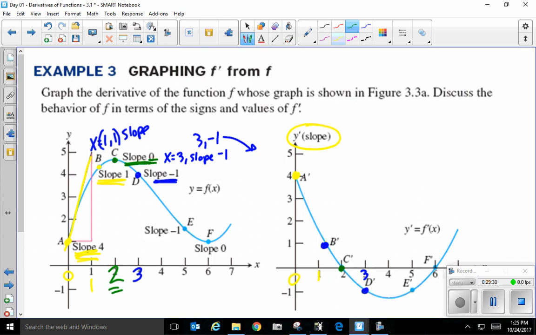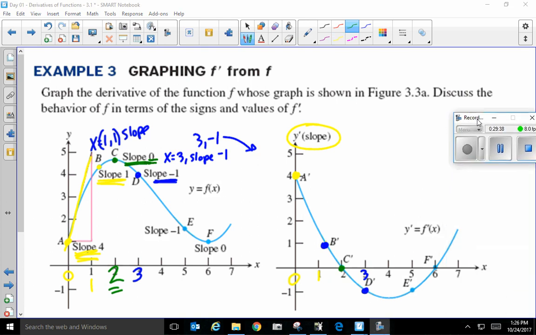Whenever the slope is 0, what on the graph, what's it going to be? It's going to be an x-intercept, isn't it? Mind blown. So what about at 5? When x is 5, what's my slope? So that's at 5, -1 on the graph, the derivative. 5, -1, bam. And what about at 6? What's the slope? And when it's 0, isn't that an x-intercept? So if I were to connect those dots I just put,